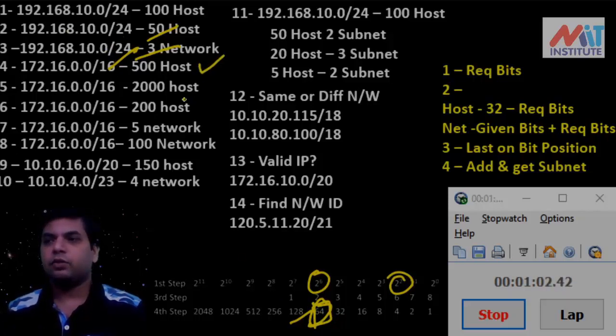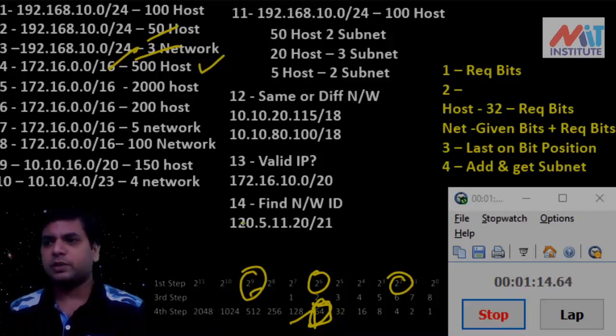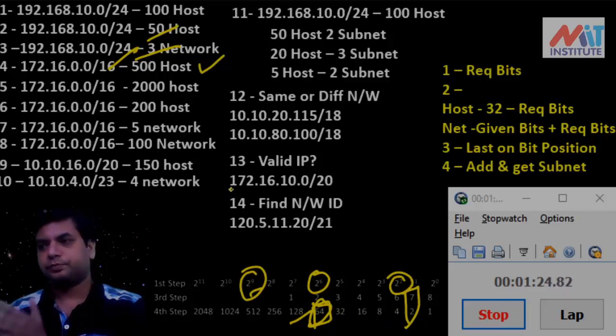For 500 hosts, we need 9 bits. Okay, so now our last on bit is moved into the 3rd octet. So with the 9 bits, 32 minus 9 will give us 23. With that the last on bit position is 7, so we need to add 2 in the 3rd octet. So our network will be 172.16.0.0,